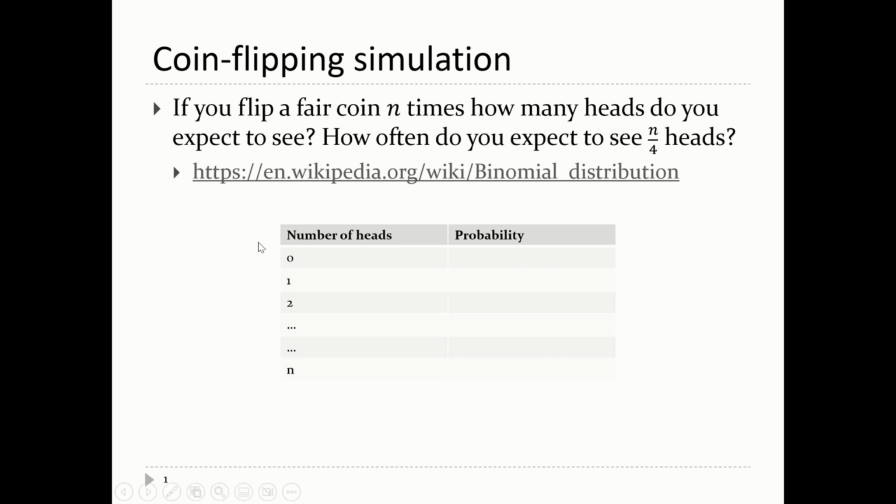And so we can solve the problem in a similar way. We make a list and populate it. If we're flipping the coin n times, we're going to make a list with n plus 1 elements in it. Index 0 is the number of times you see 0 heads, so that should be some small probability. And index n is the number of times you see n heads. So we're going to make a little list, populate it with a bunch of zeros,